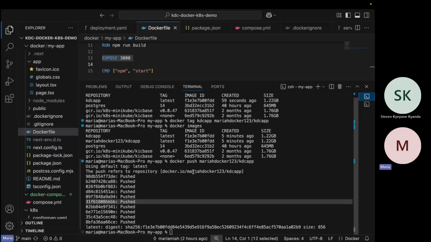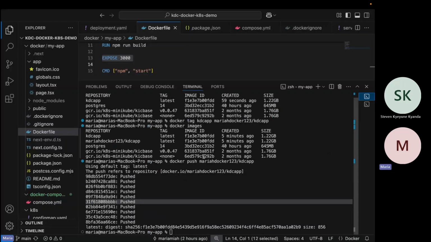It contains the dependencies, the libraries, everything. Yeah, you just push your image to Docker Hub, to ECR, like we've done.